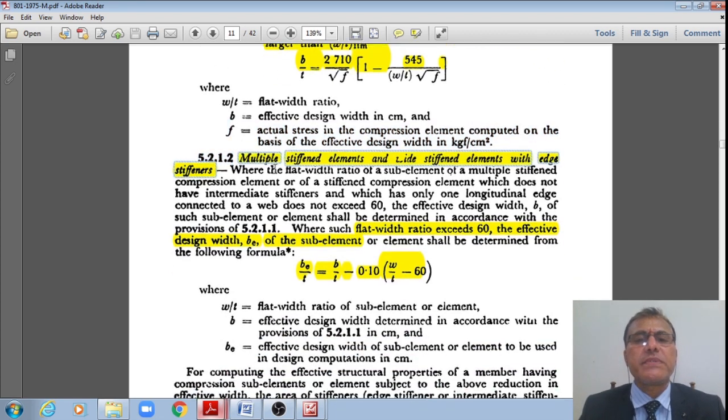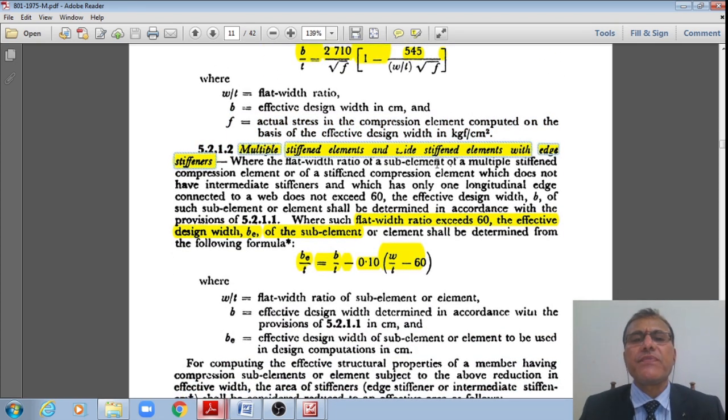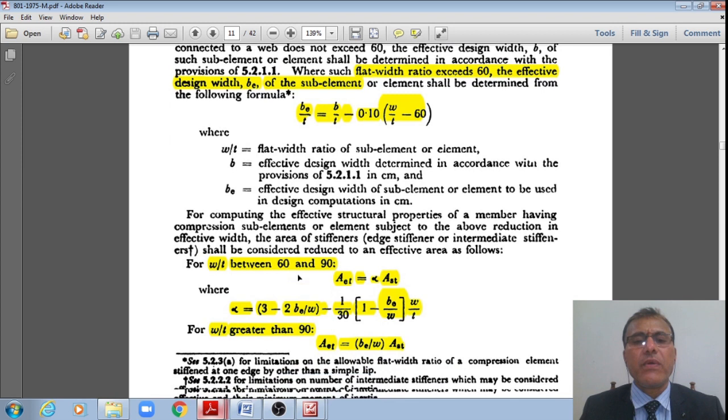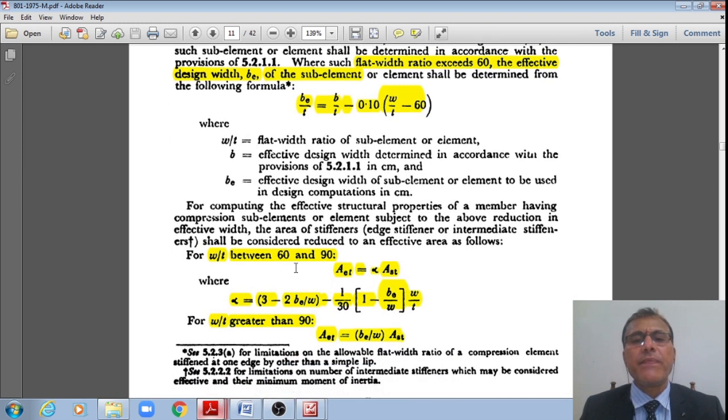Now, the next codal specification is if at all I have multiple stiffened elements and wide stiffened elements with edge stiffeners, then if at all the flat width ratio exceeds 60, the effective design width B of the sub element is given by B by T is equal to B by T minus 0.1 W by T minus 60, right? Now, however, if W by T is in between 60 and 90, then